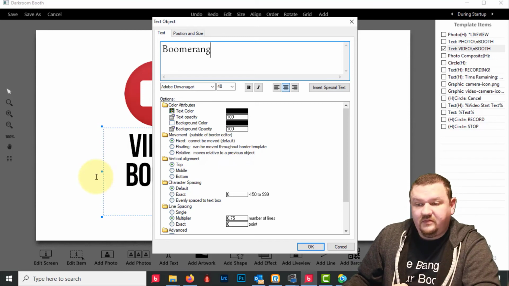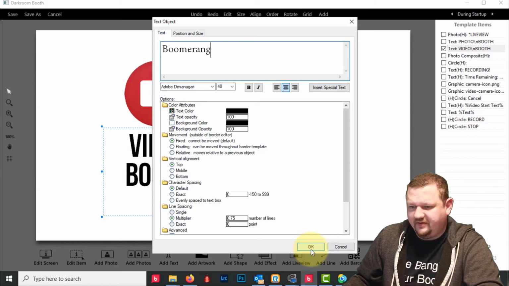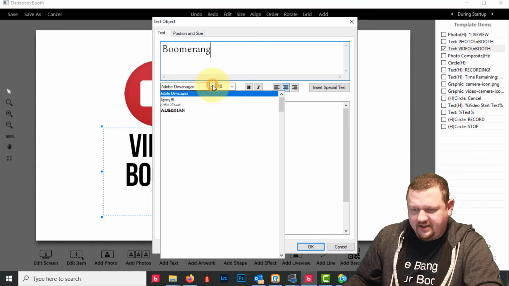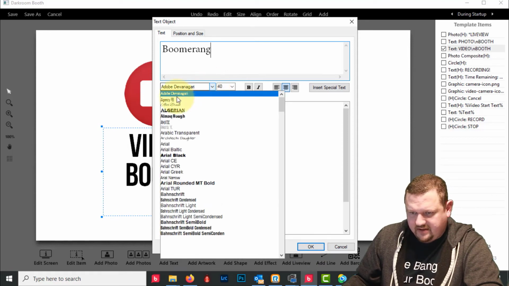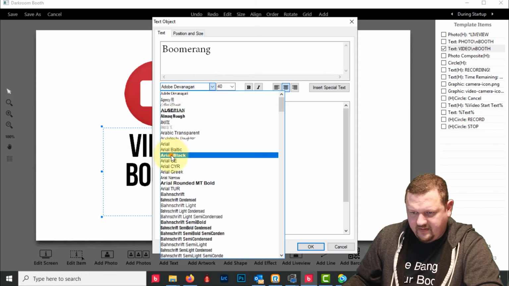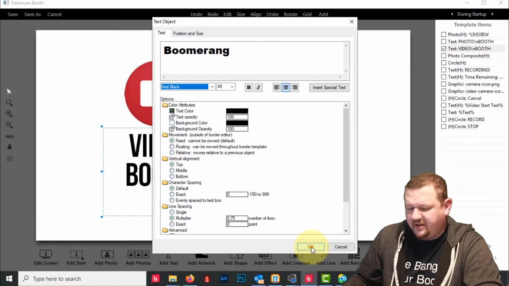So, one of the main reasons why I chose this template is I don't have this font, and most people will not have this font installed on their computer. So it's going to automatically replace with a different font. I'm going to just choose Arial Black